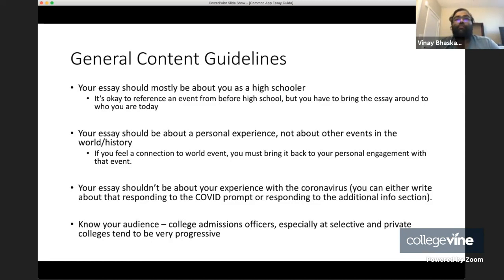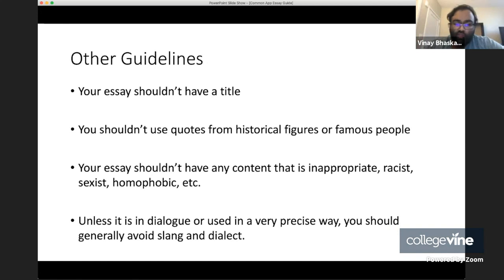right? Like integrity and kindness, that's unimpeachable, right? Whereas something like religious tolerance or freedom of speech has to be thought about very carefully and has to be framed in a progressive context, right? For those schools. Then on the other end of the spectrum, there are schools like BYU or Liberty University, where they're very conservative in their culture and their values. So you've got to flip the advice the exact other direction. Now, I will say that more colleges are progressive than are conservative, but there are colleges on both sides of that spectrum.